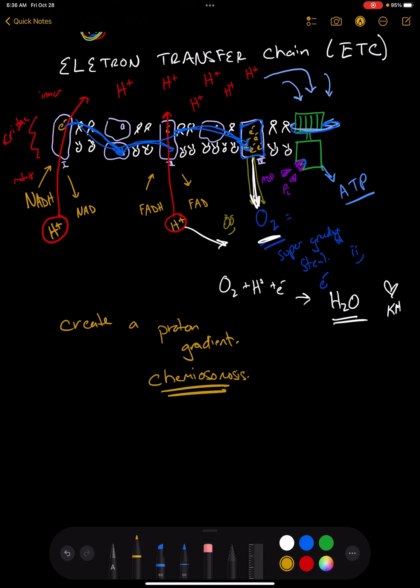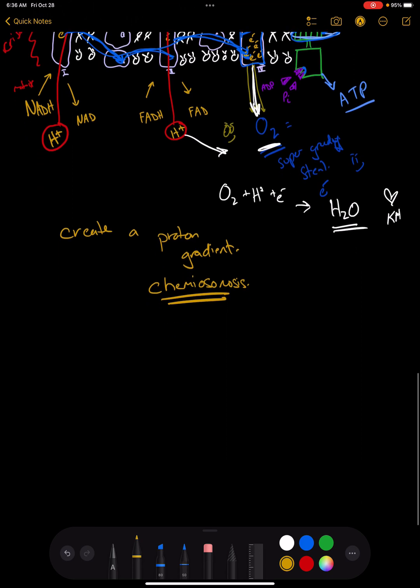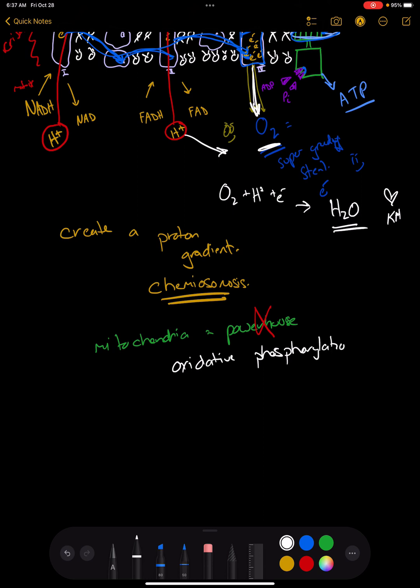It's a proton gradient to make ATP. And so now, whenever we used to say the mitochondria is the powerhouse, that's fine, but we don't actually get to say it anymore because now we know what the mitochondria is actually doing. The mitochondria is doing oxidative phosphorylation,